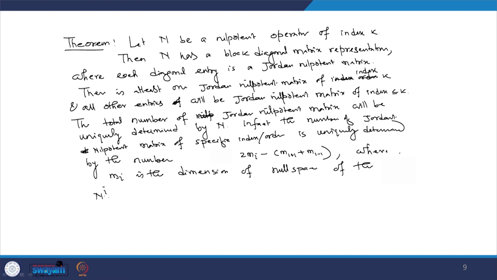So, this is the classical result. The proof is a bit lengthy, that is true. Right now, I shall use this result